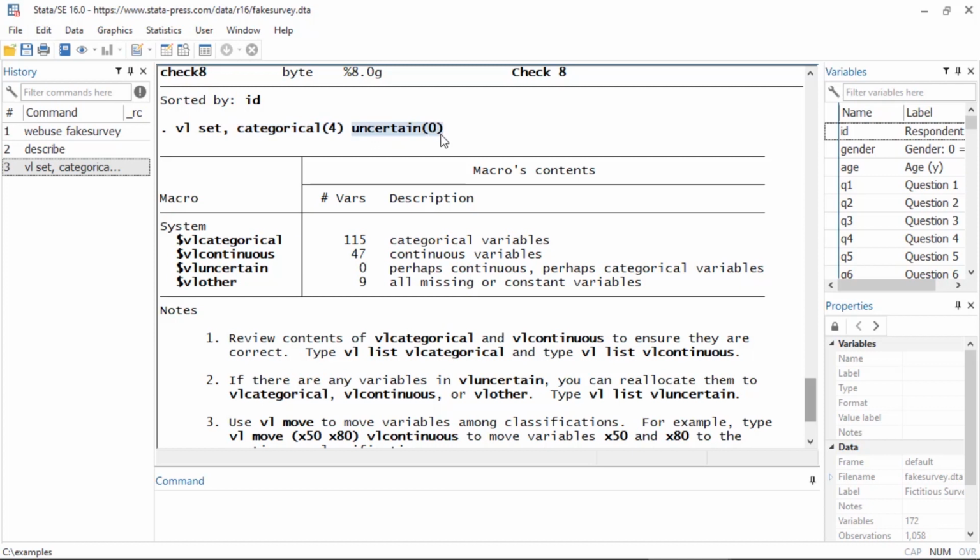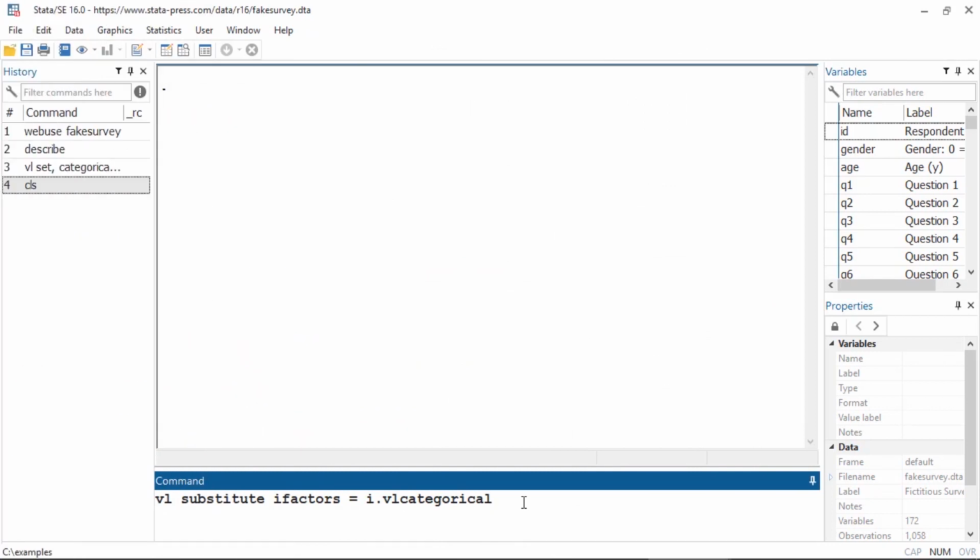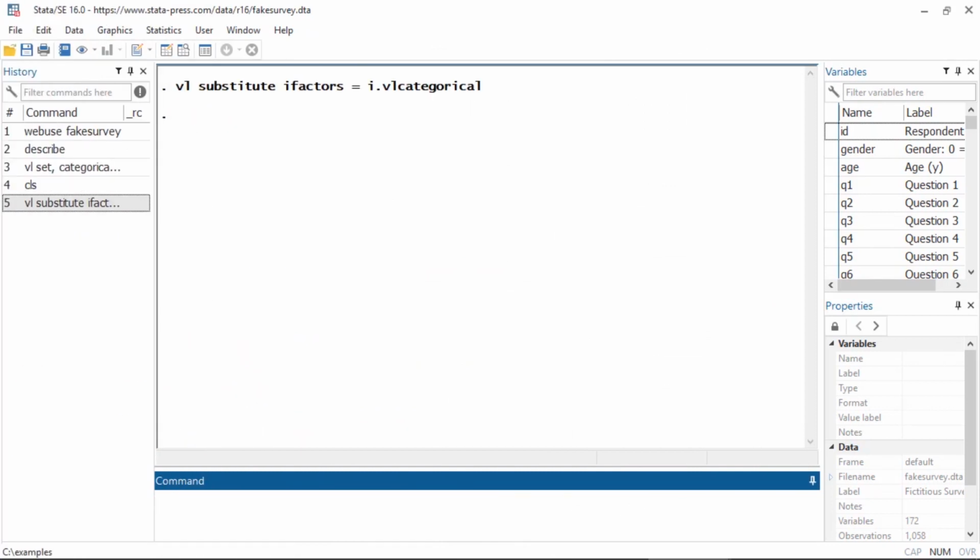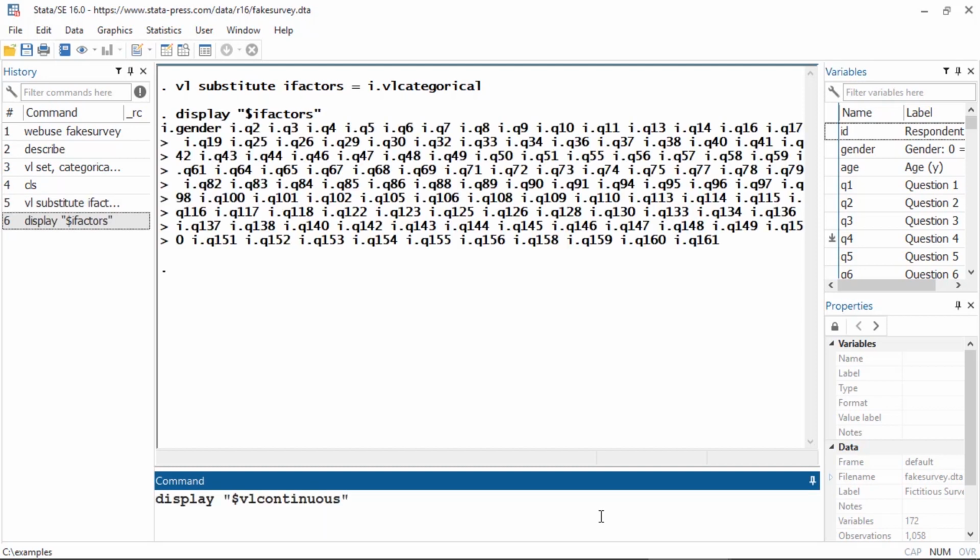The uncertain(0) option omits the uncertain groups, and we'll discuss this in a later video. The output shows us that we have 115 variables that were assigned to the group of categorical variables and 47 variables that were assigned to the group of continuous variables. We can now refer to these groups using the global macros vlcategorical and vlcontinuous. You can use vl substitute to create a group named ifactors that adds an i. prefix to each variable in the list of categorical variables.